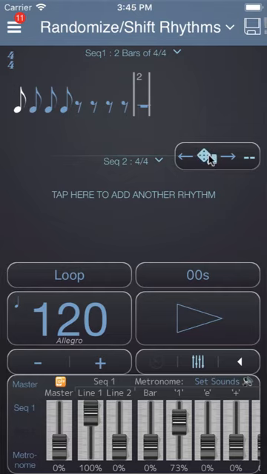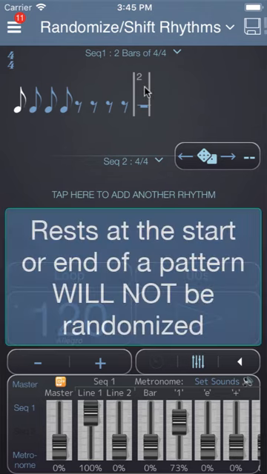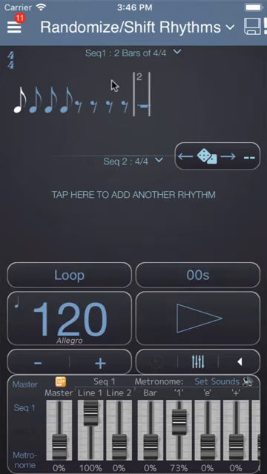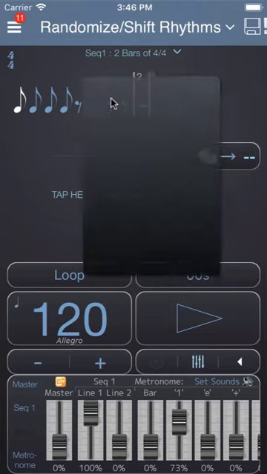The reason for this is that when you have rests in a pattern at the start or the end, Polynome will keep those rests in that position. This is useful if you want to create an exercise where you have a bar of rhythm followed by a bar of rest. However, in this case, these rests that I wanted to be mixed up in this bar are not being randomized. So the way to get around this is to edit the pattern,